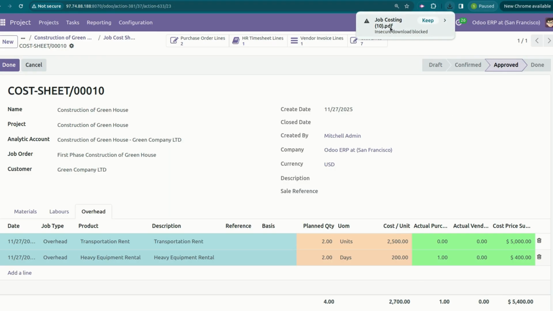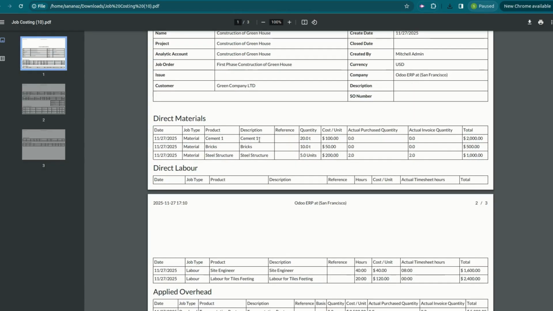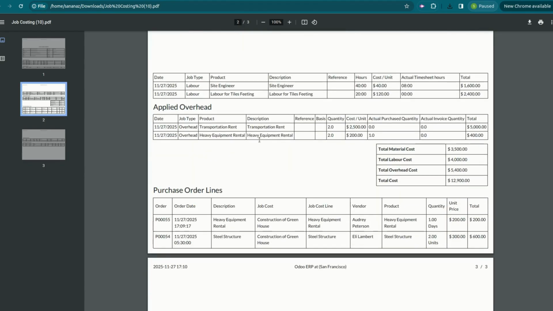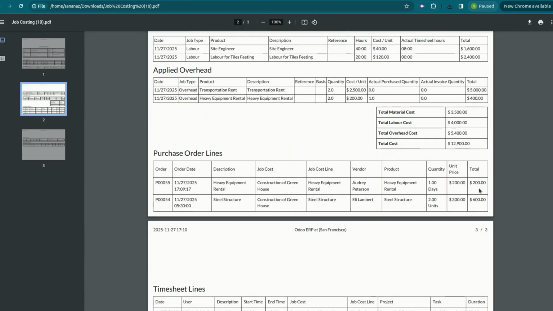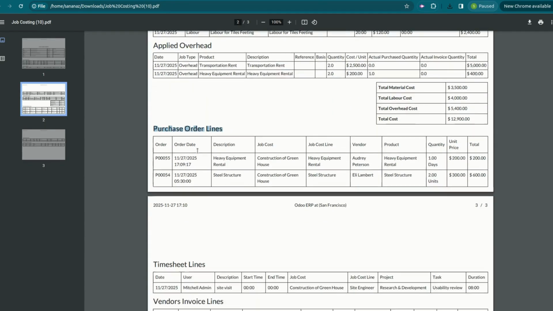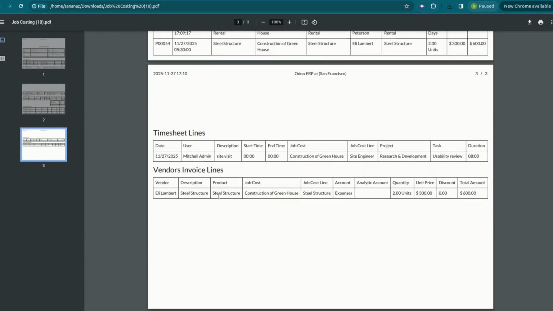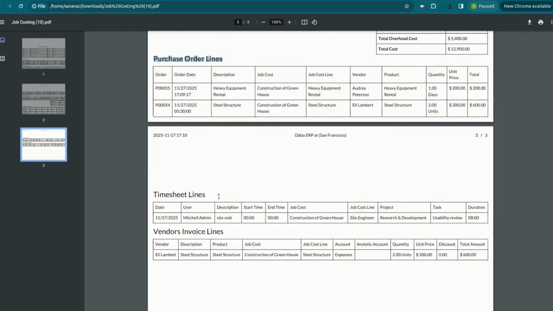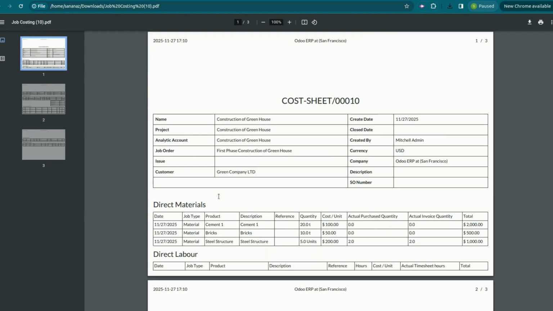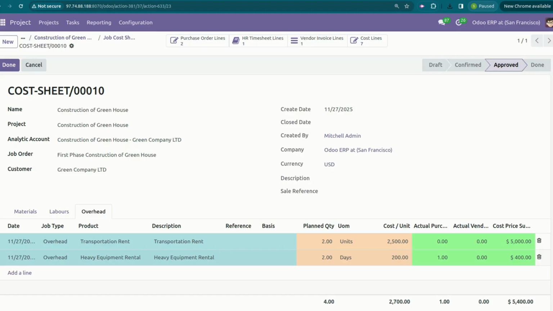Okay, now here we have the direct material, labor and overhead. Here is the summary and here is all my purchase order lines related to this cost sheet, even the timesheet lines and vendor invoice lines. So all will be tracked on one page, on one report. You don't have to go here and there to get the exact costing of your project.